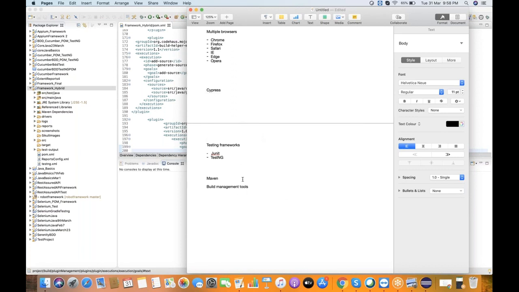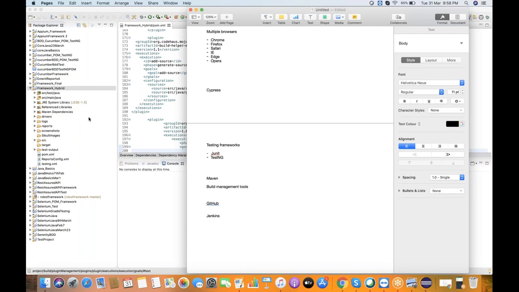So apart from Maven, maybe you have heard about Jenkins. Your project is there, which is created in Maven, and you have created some test cases. Between Maven and Jenkins, you might have heard about GitHub or Bitbucket.